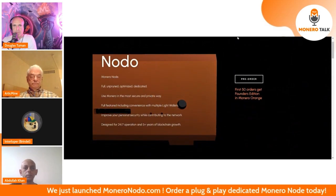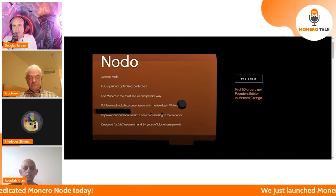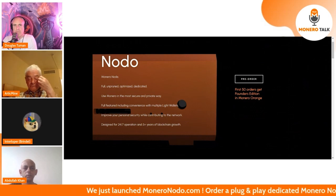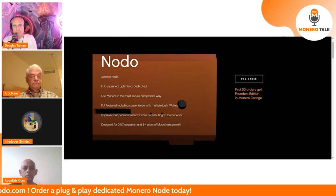Along with the Light Wallet server, of course. What was it called again? Monero LWS was the original that I think VT Nerd made a standalone implementation of Light Wallet server, and we thought it would be a good idea to add that to the Nodo, so you can, if you're out and about, still quickly sync up your wallet on your phone and make